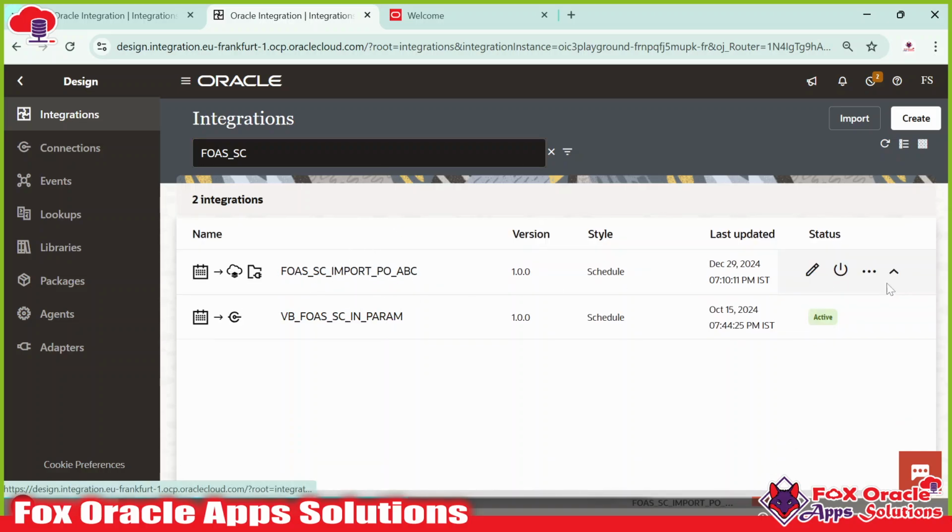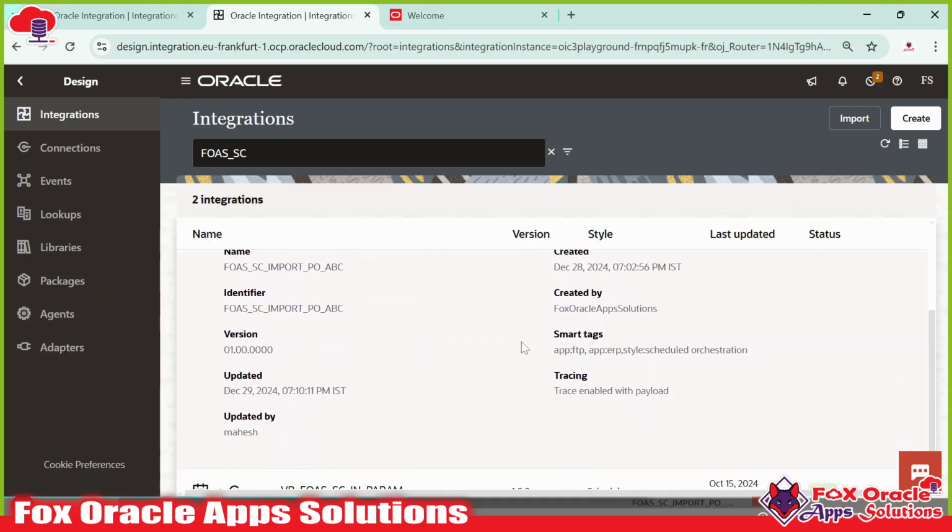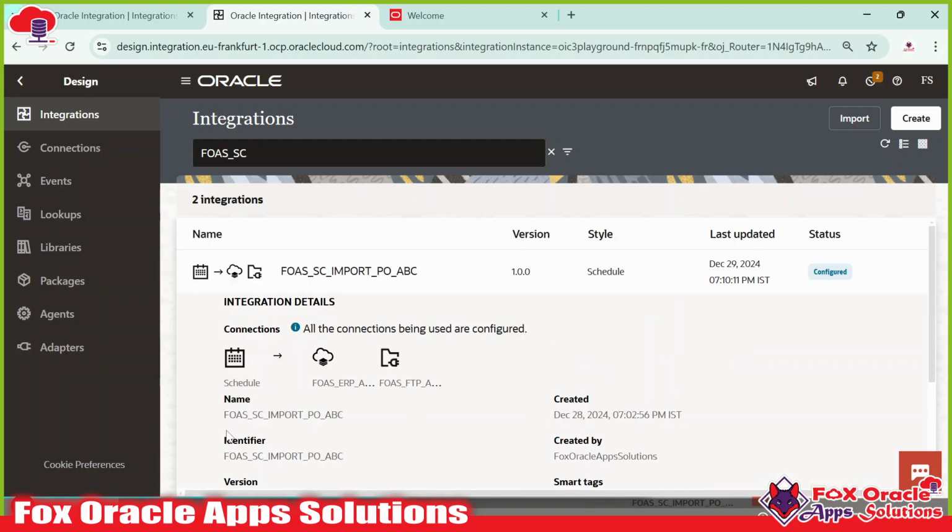This one, right? Who edited this integration? Who is Mahesh? I think Mahesh is working on our integration. So this is the integration which we created. If I open this integration,